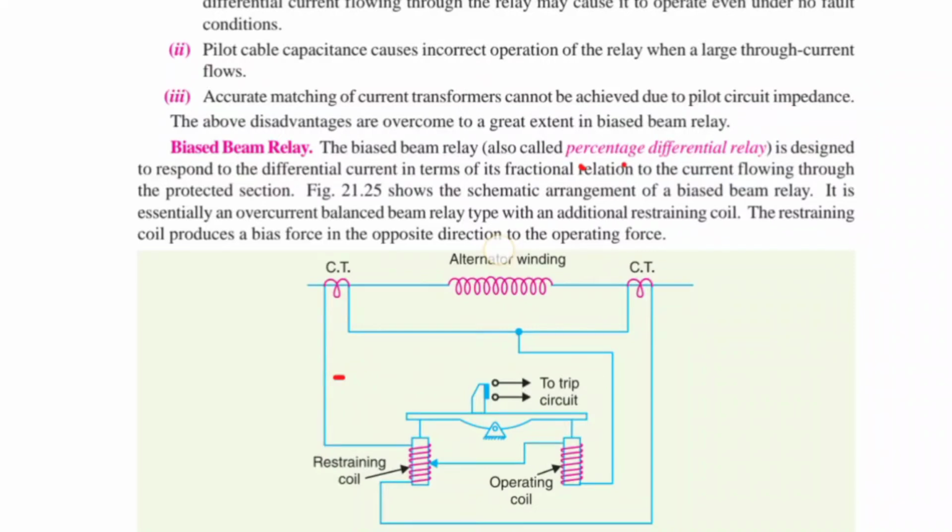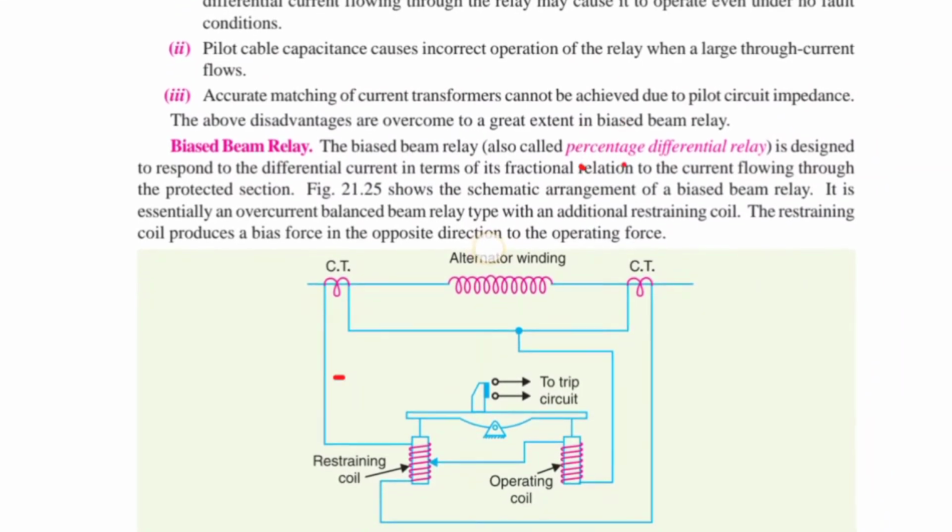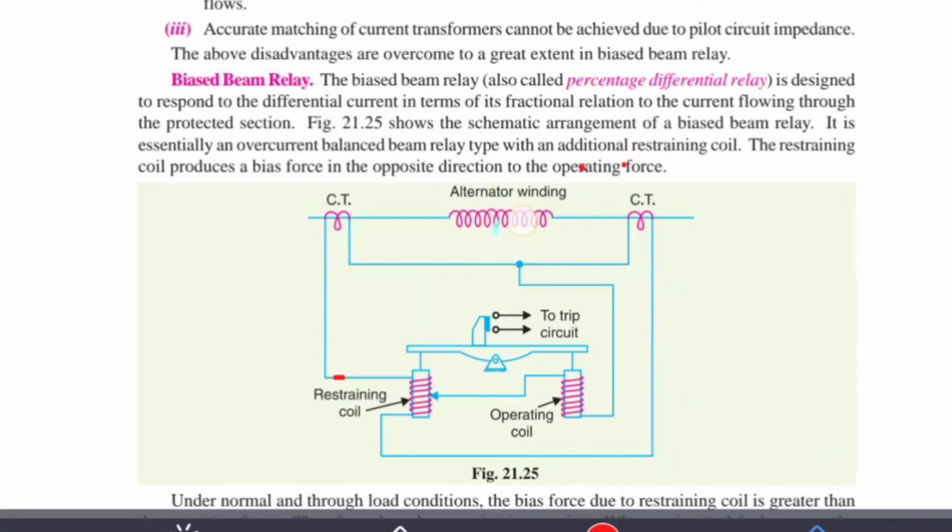Why? Because the entire winding will not be protected in an alternator. Hence it is known as percentage differential protection. Because only 95% of the winding will be protected, there are some problems. It is called percentage differential protection because the entire 100% will not be given protection; it gives only 95% or 90%. That's why it is known as a percentage differential relay. Here we are connecting a relay, represented as a beam relay we are using.